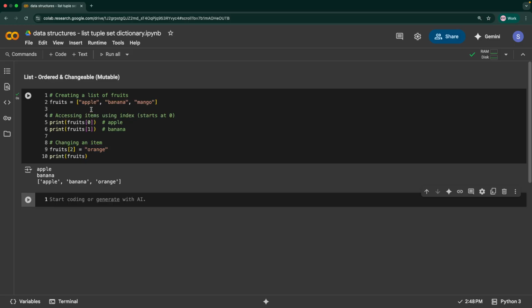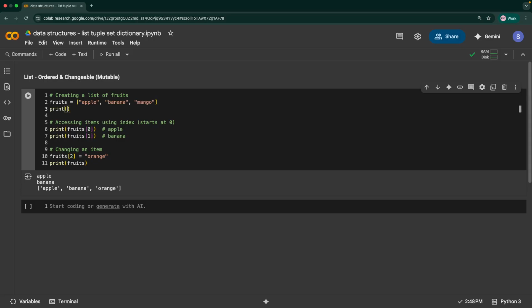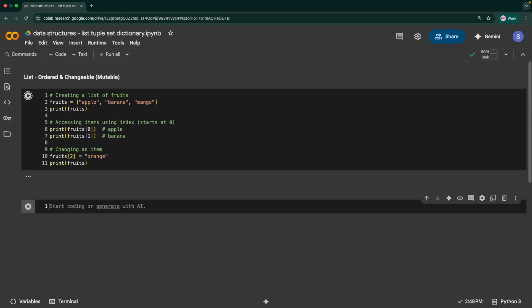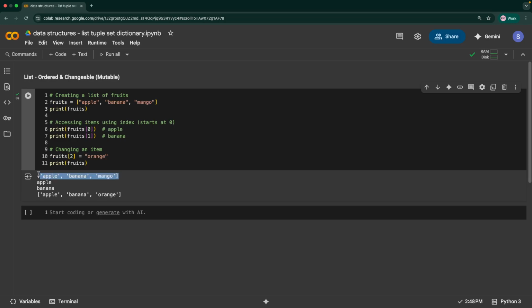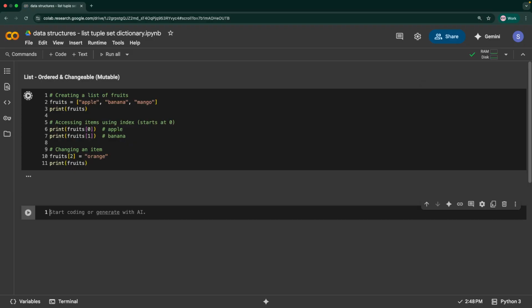So here first we have created a list, right? As fruits, you can also print this fruits. So here I'll print this. This would first print the original list, which has apple, banana, and mango. Then we can access it using index, as it is an ordered data structure. I'm accessing it with index 0, which represents apple, and 1, which represents banana. We have printed these two things, and then we can change an item as it is a mutable one. So fruits of 2 represents this mango, and that is replaced by this new string called orange, and then we are printing this changed fruits, which is this.